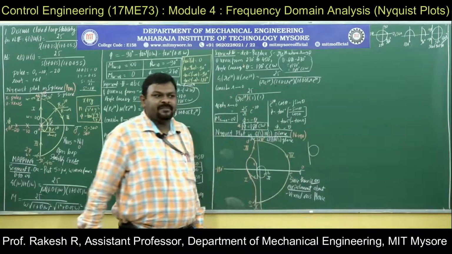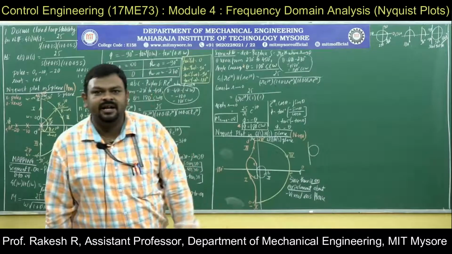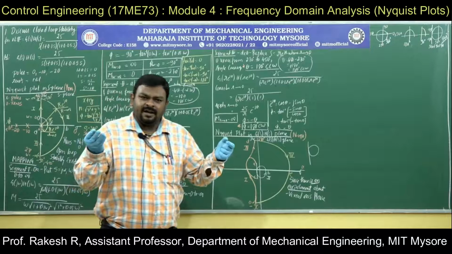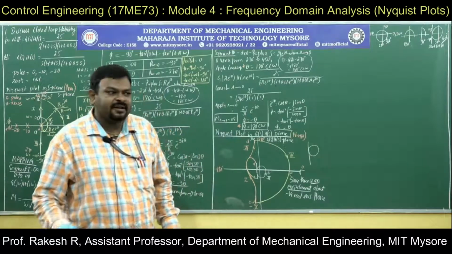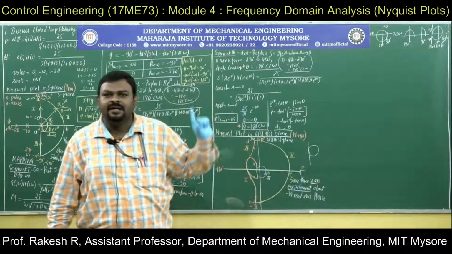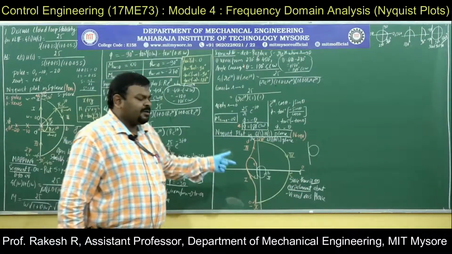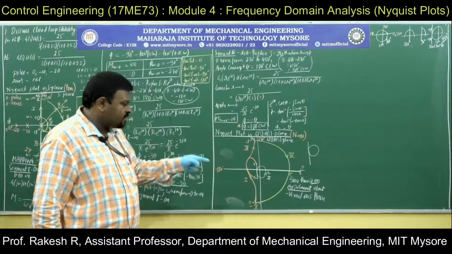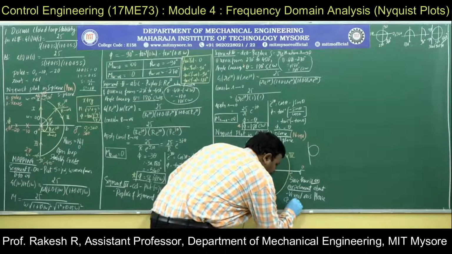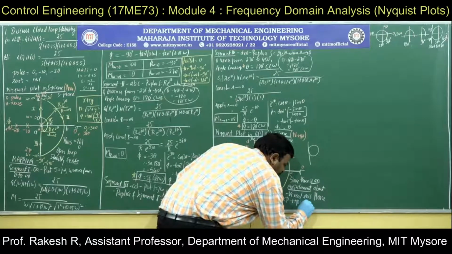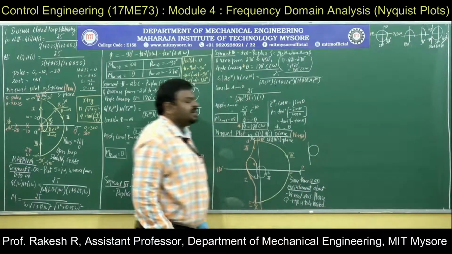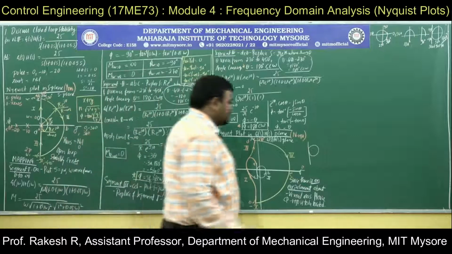sometimes the segments will not cross the negative real axis. In the next problem, probably problem number 2, none of the segments will be crossing the negative real axis. In that case, directly you can write N of -1 plus j0 equal to 0 in this step itself, without locating the magnitude. Hence, here, since it is crossing, the critical point -1 plus j0 is to be located. You have to locate the critical point.